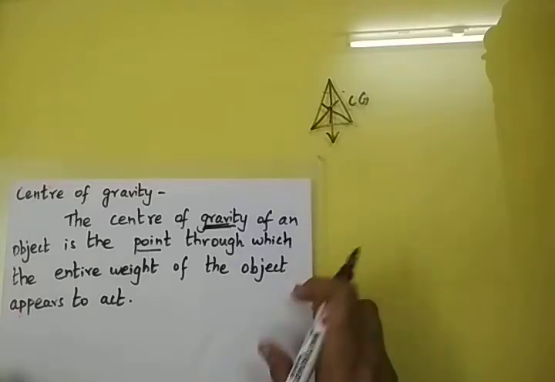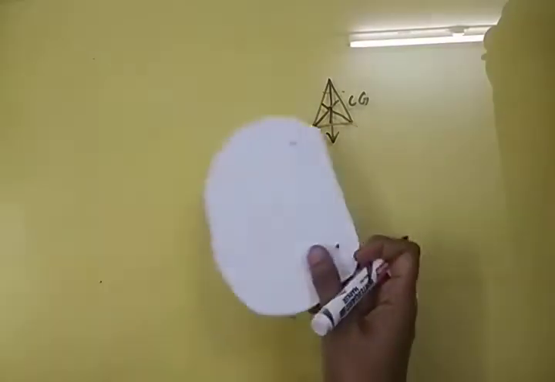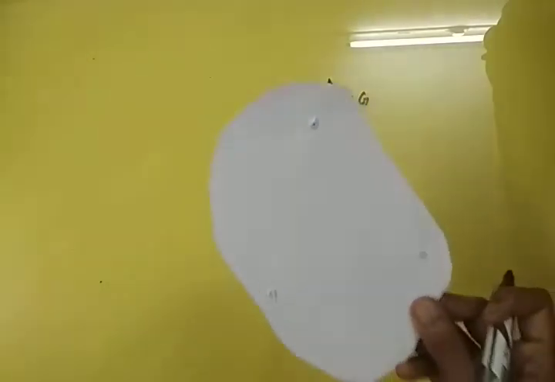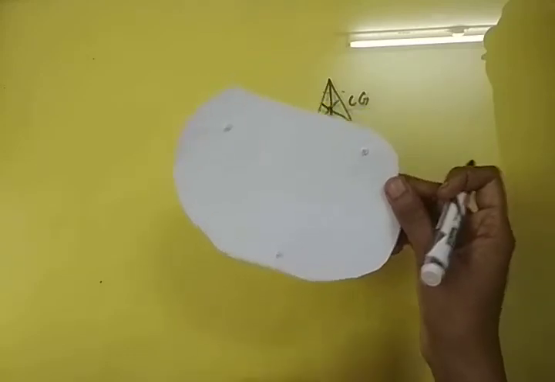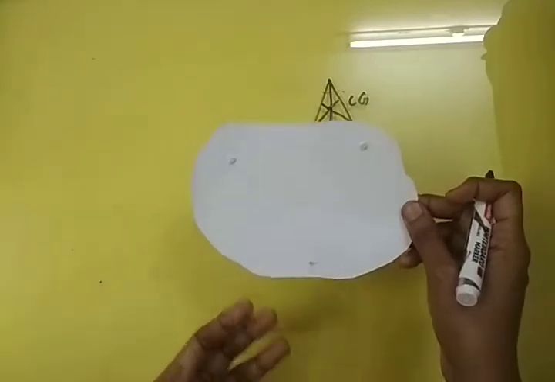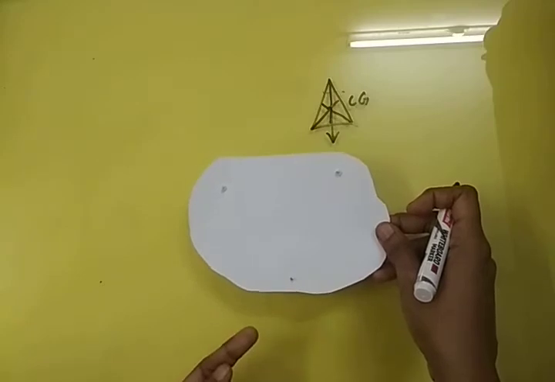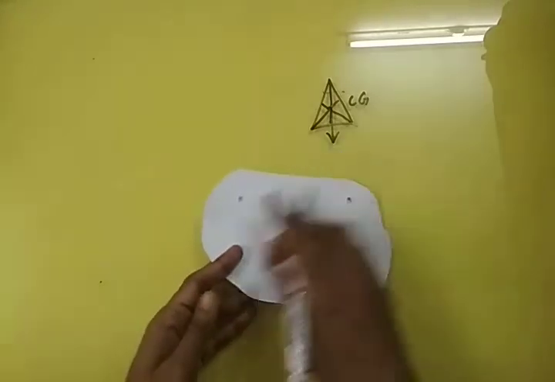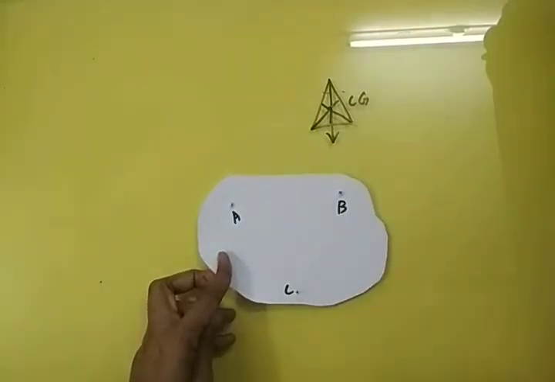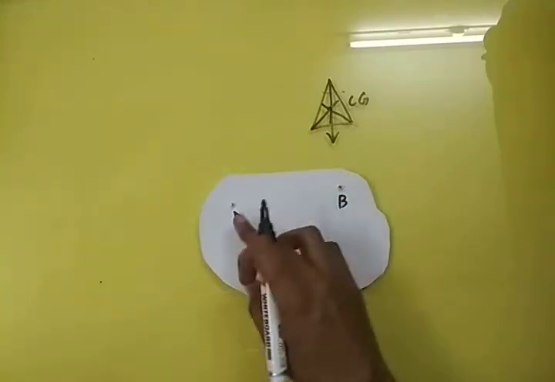Am I right? But in the case of an irregular figure, just like the card which I am going to show you now, it is not a very easy task, because you cannot have a geometric center since it does not have a regular geometric shape. So in this case, we can use an experimental method to find its center of gravity, for which you need to make 3 holes. Let us label the holes as A, B and C, right? And we have to suspend a plumb line through these holes.